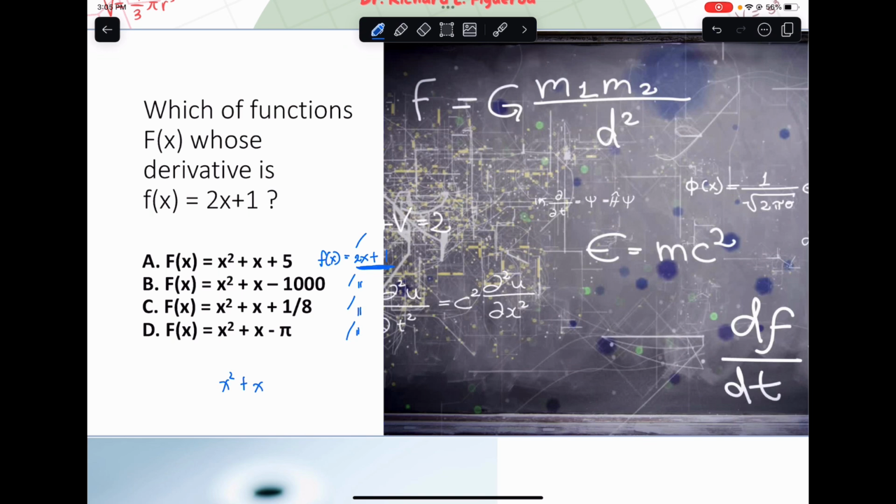But in this case, we have different constants here. So the positive 5, the negative 1000, the positive 18, and the negative pi there. So that is why, for every given antiderivative, we always add an arbitrary constant c. The arbitrary constant c would correspond to any value or any constant,